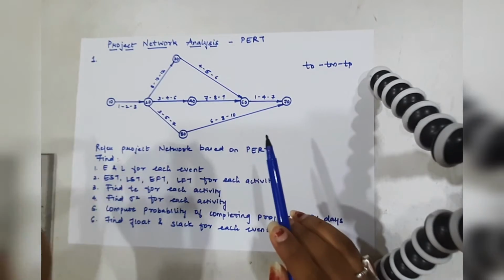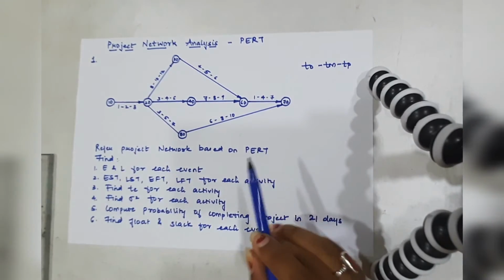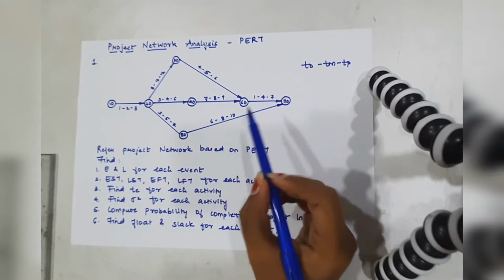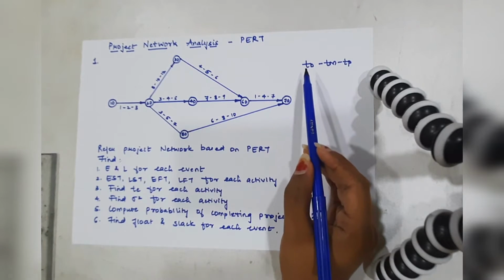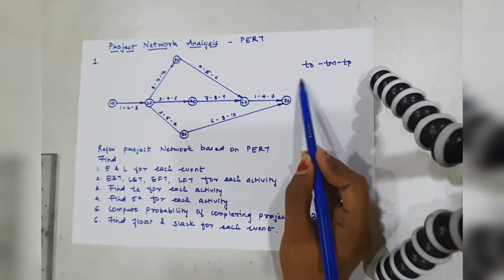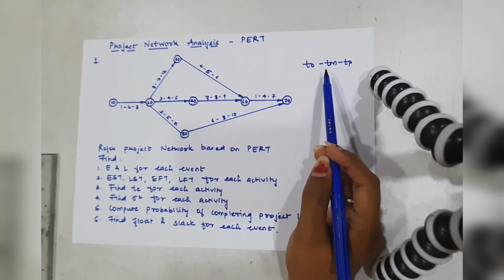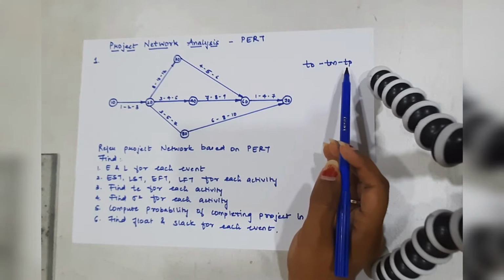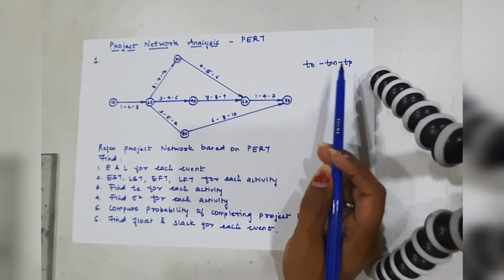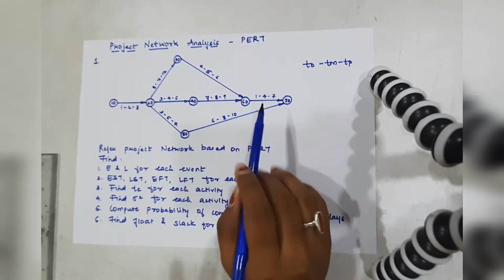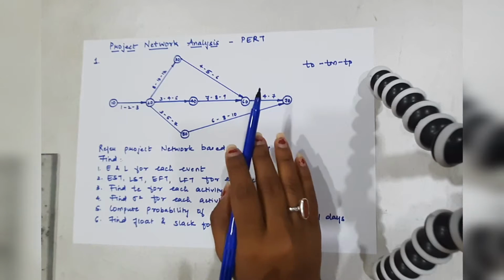In this project network diagram, we have certain times which are given in a sequence, and this sequence is followed in the same way as highlighted here. That is, the first time given is the optimistic time, the next is the most likely time or the modal time, and the last one is the pessimistic time. In that sequence, the times are given to us along with everything highlighted in the project network diagram.